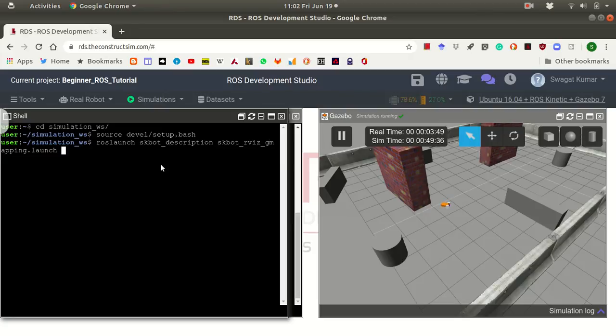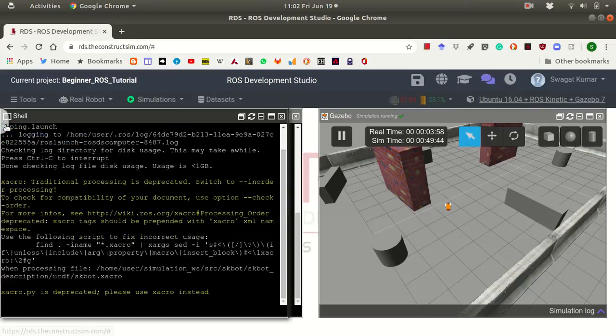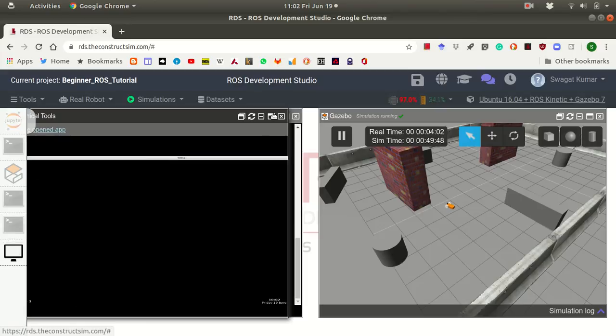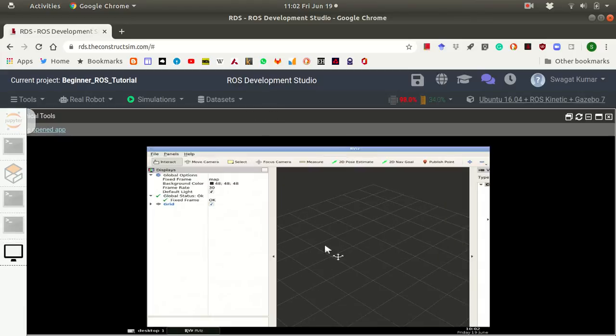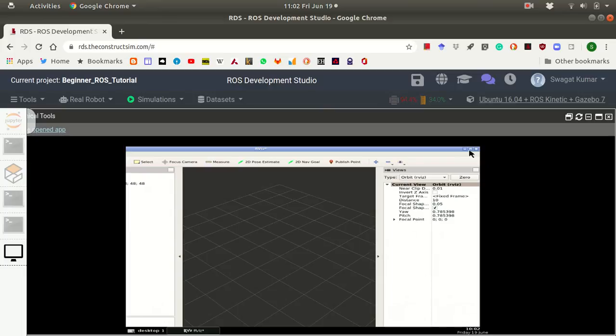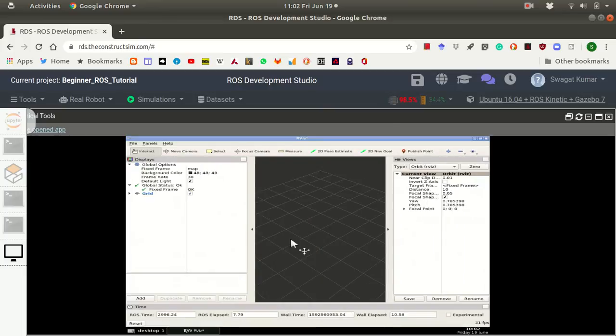We want to launch the RVIZ corresponding to the gmapping demo. If we check the desktop, we have this RVIZ window open. Let's maximize it,